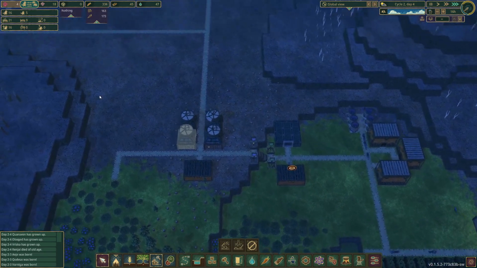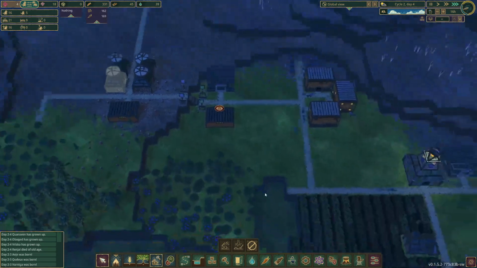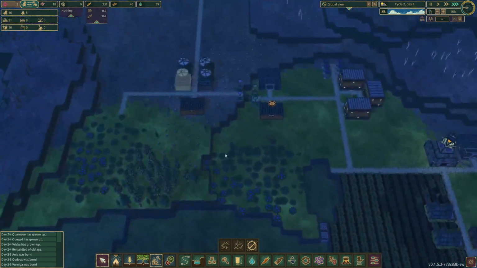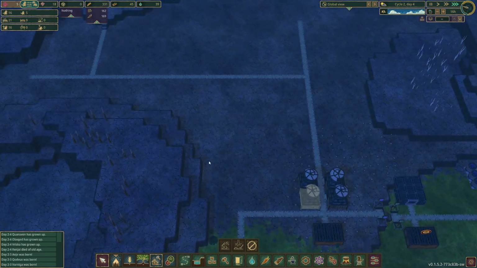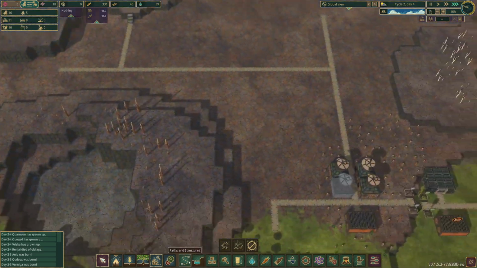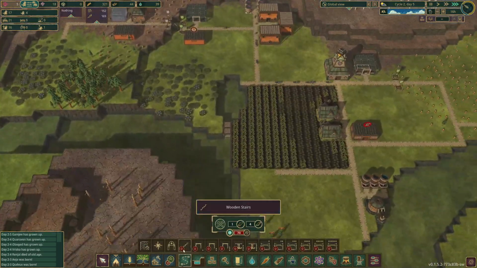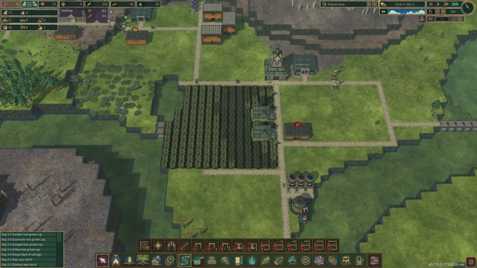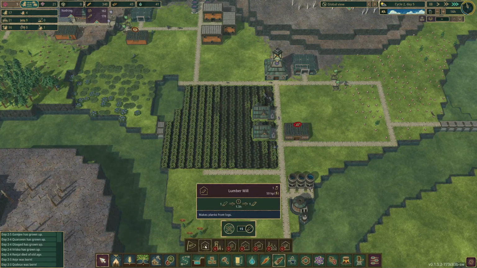Okay, 18 science. It's taking quite a while. Well-being is at 4. That's fine. So the first thing I would like to unlock, of course, is the wooden stairs. Oh, the wooden stairs needs planks anyways. Okay. So we need to set up...